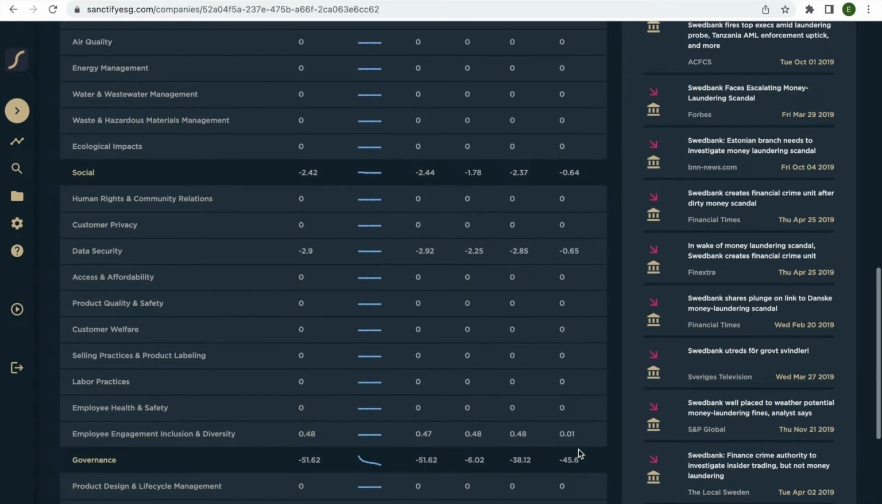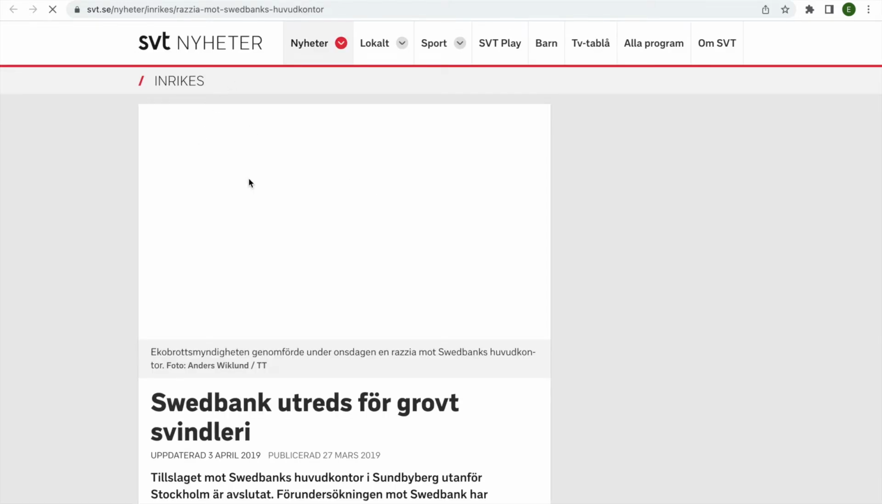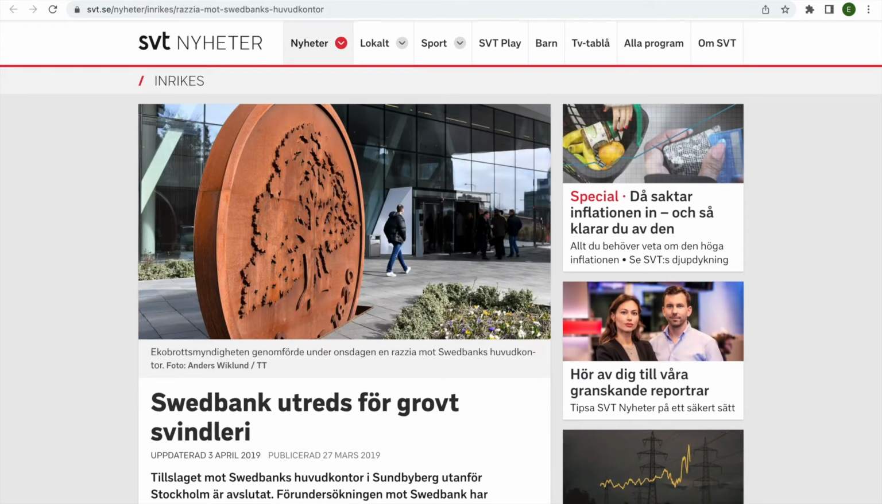On the right hand side you can also see some of the news articles that the analysis is based on, and they are clickable so that you can have a look for yourself if you want to dig deeper into the actual news that has caused the